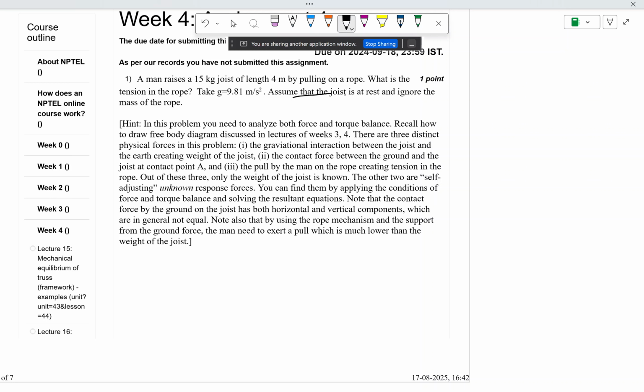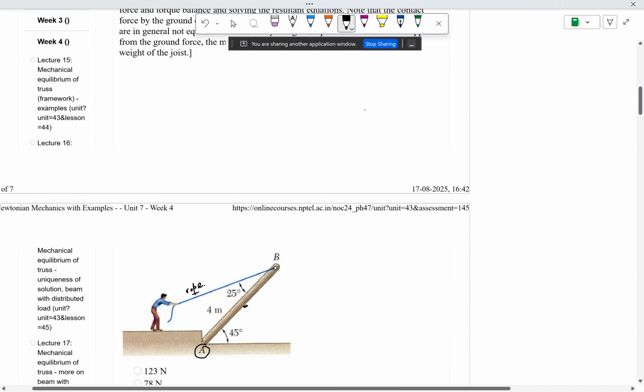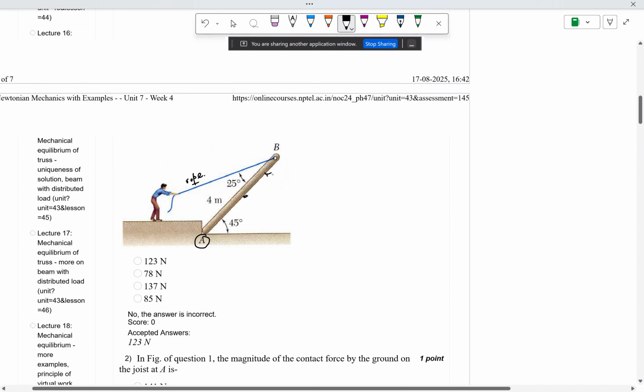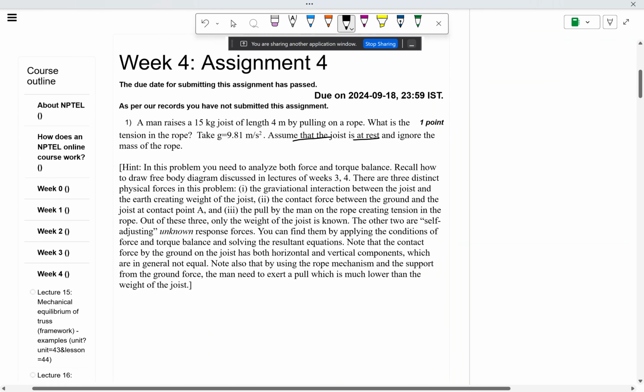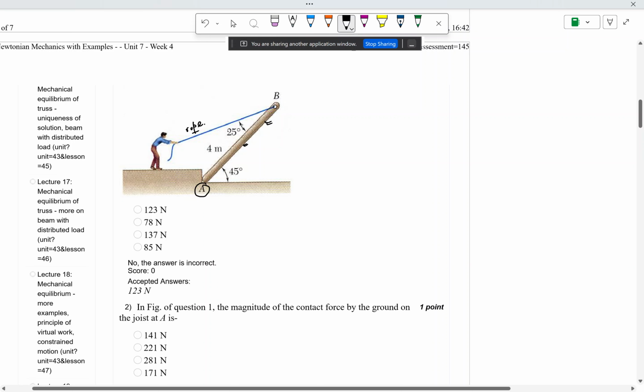So these are some assumptions you have to consider. This is to simplify the problem, basically, so that you do not have to consider any motion of this rod. It is at rest, and also you can ignore the mass of the rope. So this rope is ideally considered to be massless, so the only force that can act for this rope is the tension of the rope, because the man is pulling from the other end. The tension, or we can say it is T, is the only force that can act here. Other than that, there is no other force acting from the rope, right?